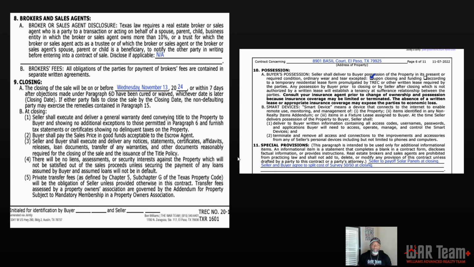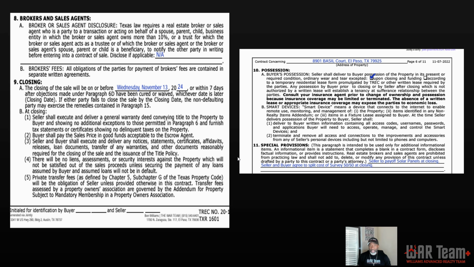Simply put, you can write in special provisions. You can make factual statements according to the contract, but you don't want to be perceived as practicing law. That's the reason there's so much guidance on not to use it. But if you had to use it, as long as you were stating factual information and not changing, deleting or adding to the contract, then it's okay. I would always caution on the side of, hey, talk to your broker and see what they allow.